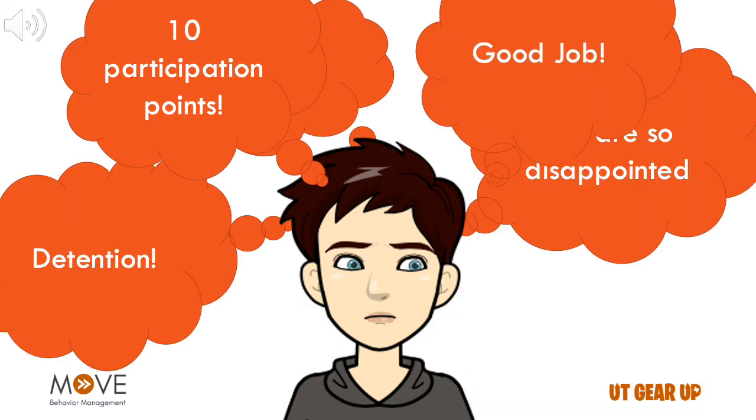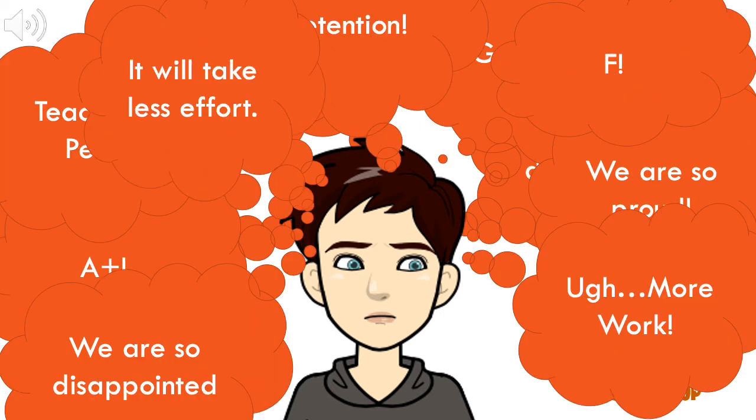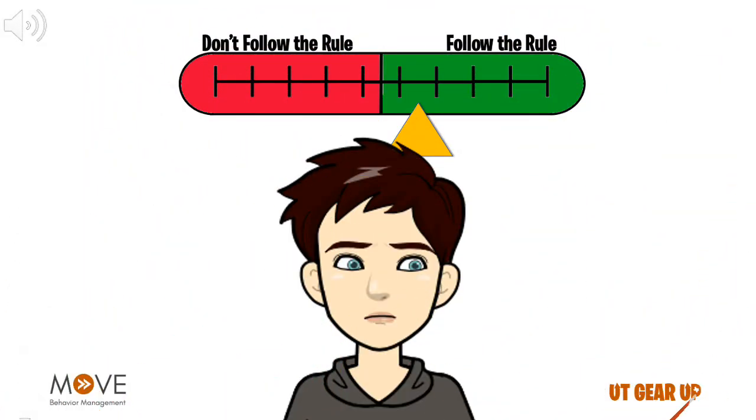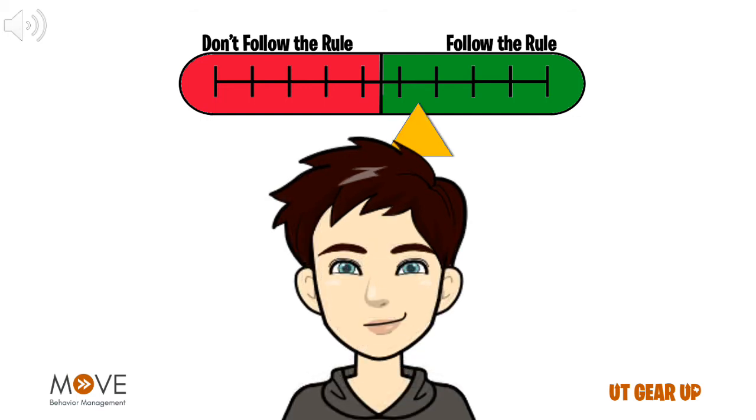So, Billy is evaluating all of these motivators in the same moment. He is considering how likely they are to happen, how much he values each outcome, and what are all the costs associated with his decision. He will only consider the things that occur to him. At the end of the thought process, Billy makes a decision based on the factors he considered. His motivation to follow the rule is greater than his motivation to not follow the rule, so he follows the rule.